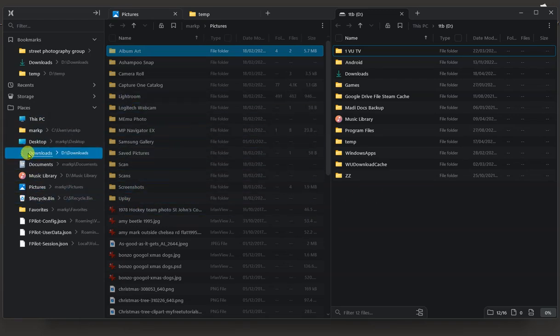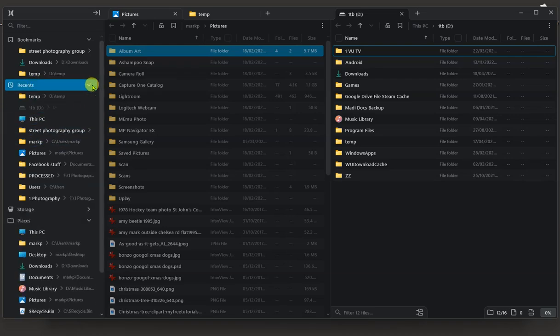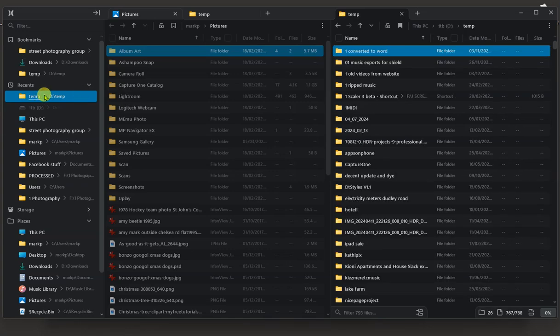On the left-hand side you've got your drives and stuff. Over here you've got your recents and storage, which has a little arrow there, but that just takes you there. It doesn't go any further. If you click on that, it doesn't give you more of a tree. And if you see the stuff over here that it displays inside that folder, there's no way of knowing whether there are subfolders within these. So you've got to go inside each of these to see if there are subfolders, which is kind of limiting